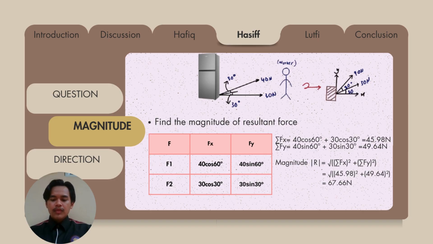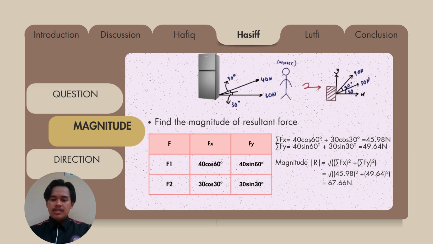Okay, so we have the summation of Fx as 45.98 Newton and the summation of Fy as 49.94 Newton. Now we can find the magnitude of the resultant force by using the formula